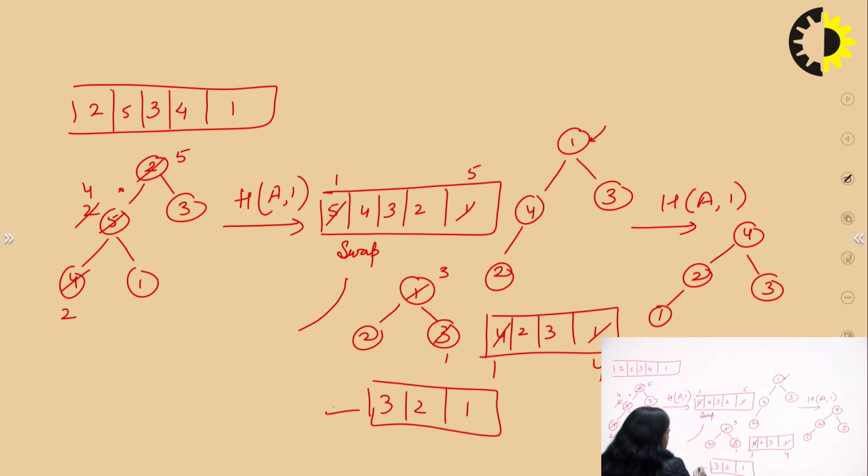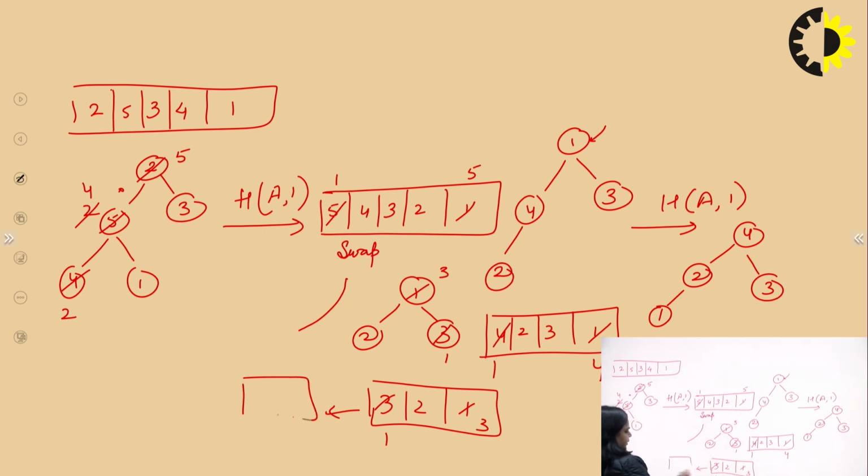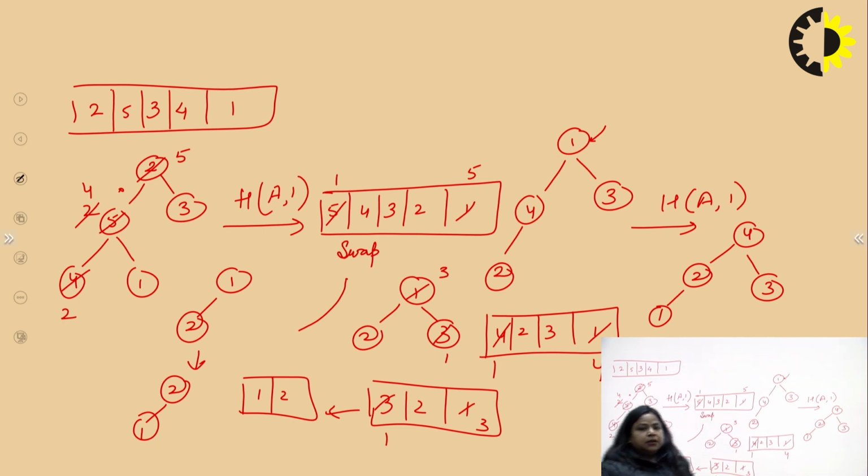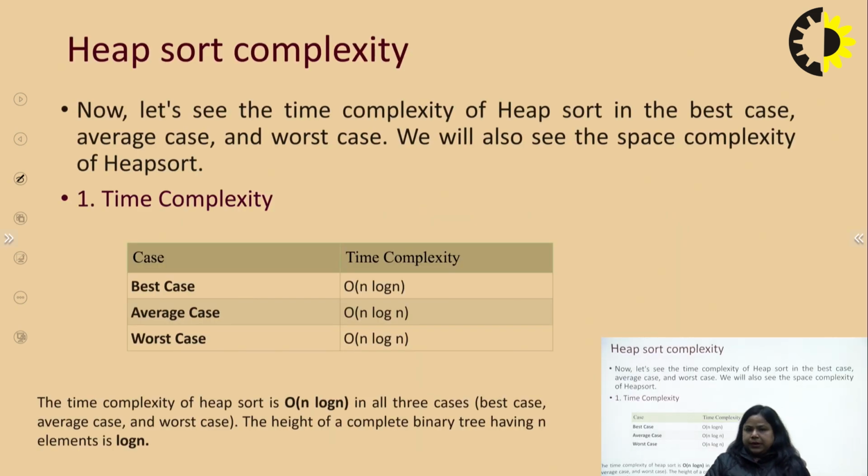Swap 3 with the 1, then 3 holds its position, then we get 1 and 2. Swap 2 and 1, and finally we are reaching the final destination. This is the way how the swapping is being done, and after generating this swapping we can see how we are getting the desired output in which all the elements are already swapped. So this is the way how the heap sort works.